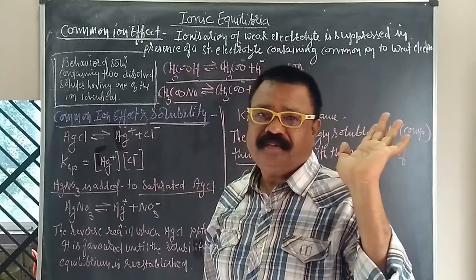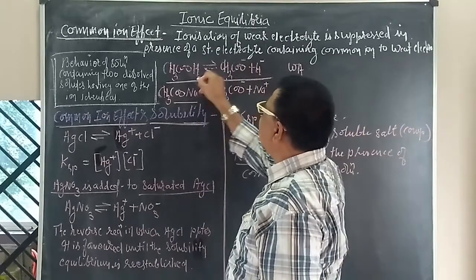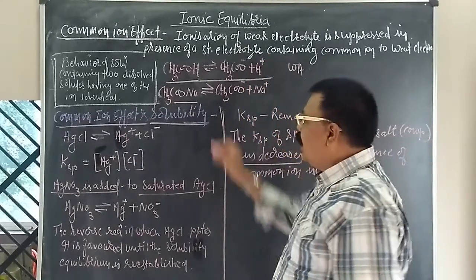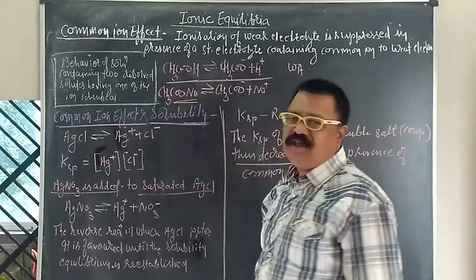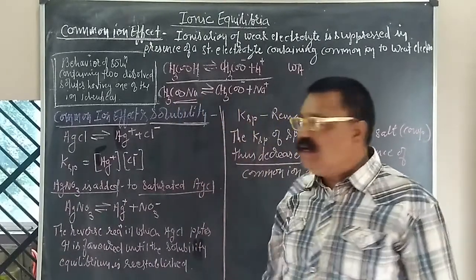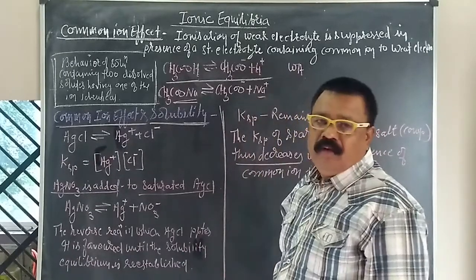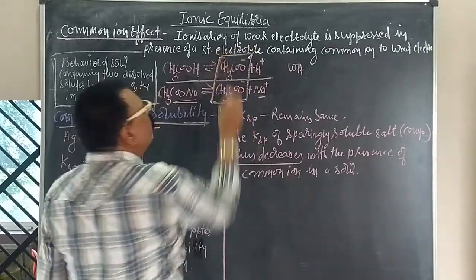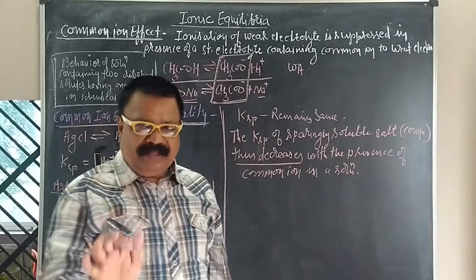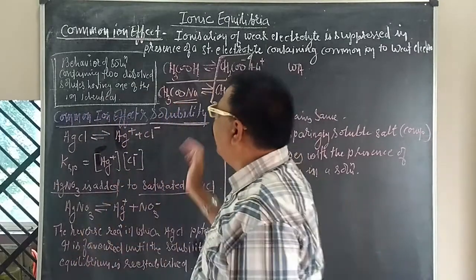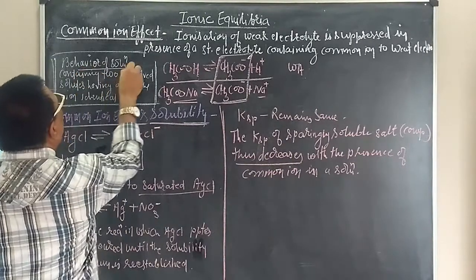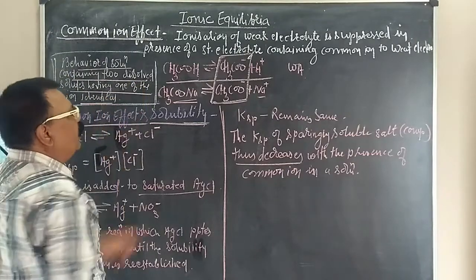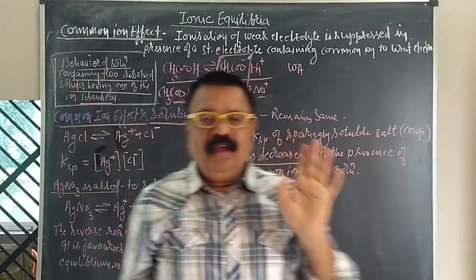Acetate ion. See that acetic acid dissociates into the acetate ion along with the hydrogen ion. And see that CH3COONa, a strong electrolyte, also dissociates into the acetate ion as well as the sodium ion. When both of these are solutes, that shows this ion becomes the common ion. So basically the common ion effect is the behavior of a solution containing two dissolved solids having one ion that is identical. ये behavior बताता है.